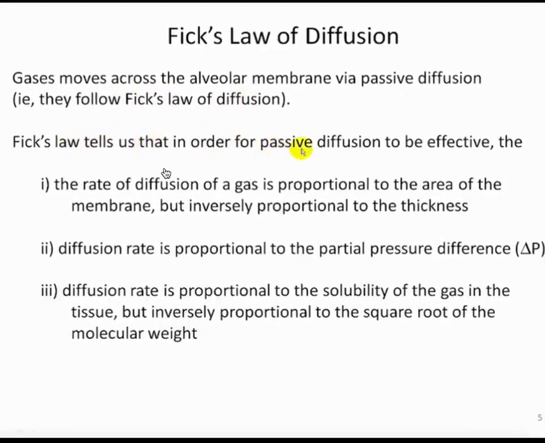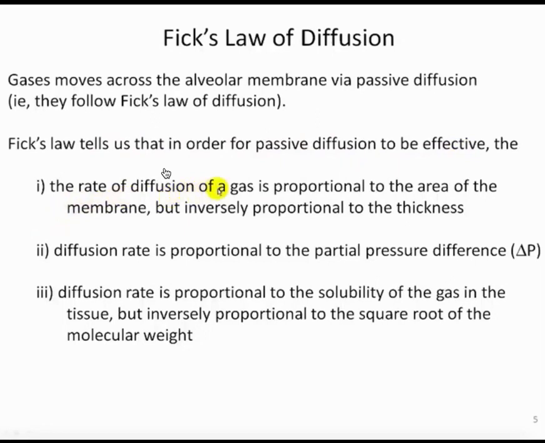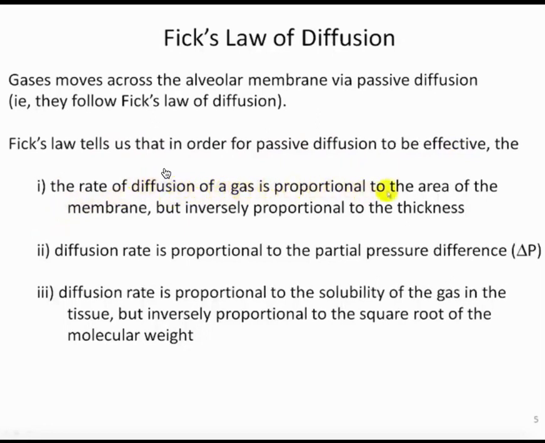And what Fick's law tells us, in order for passive diffusion to be effective, a few things need to be true. First of all, the rate of diffusion, so how much diffusion there is, is proportional to the area of the membrane, but inversely proportional to the thickness. So the important thing here then, again, is diffusion is better when the surface area is great. And as we talked about, there happens to be a huge surface area in the lungs, and the benefit for us is most of that is in the alveolar airways, which is where gas exchange takes place. So effectively, we do in fact have a very large surface area, and that's going to allow for good diffusion,